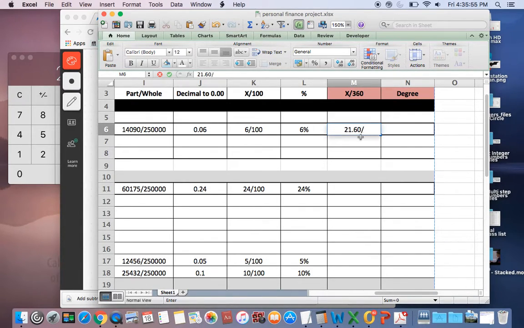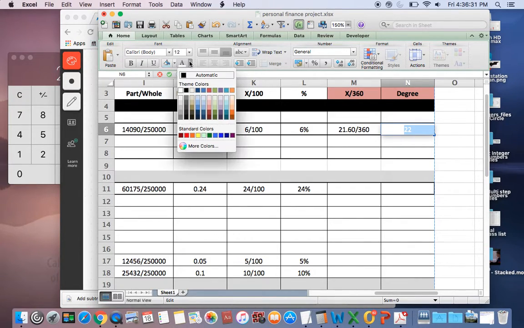Right? Now this is the only time that I'm going to have you write down a decimal: 21.60 out of 360 in a fraction. This is not good form, but for this project I just want you to leave it there because the degrees, I'll explain what this is later. What you're going to do is you're going to take 21.6 and you're going to round it to the nearest whole number. So when we look at this, we have 21. This is the place we're trying to round to. If the number after the decimal is 5 or greater, this number is going to go up. So I actually get